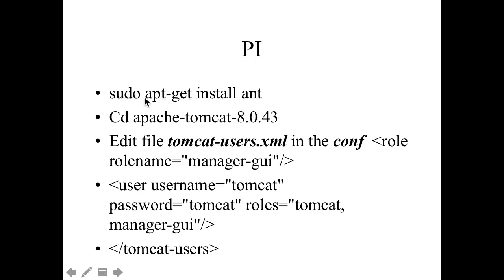uncompressed, I do a sudo. That's a super user do command. And apt-get is a Raspberry Pi or Debian Unix command. And then I install the ant command so that I can proceed to do builds. I cd into my Apache Tomcat, and I edit my